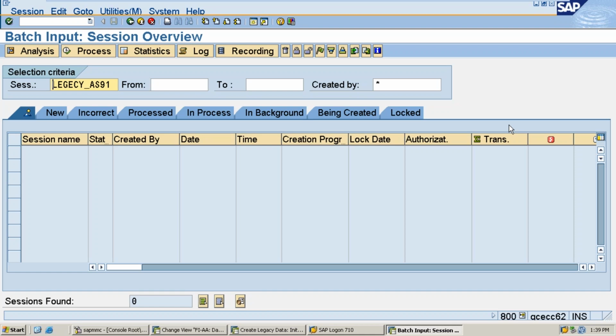Then he may get a doubt: boss, my assets have values but my GL account has zero value. Then what to do? You have to perform another transaction to bring the data in. Again he may get one more doubt: you told me once a GL account is created as a reconciliation account, can I post direct transactions to it? No. But my asset is a reconciliation account, then how do I bring the data to the asset account? I am going to cover that in the cutover activities, a topic in the real-time scenarios. There I will cover how to bring it.